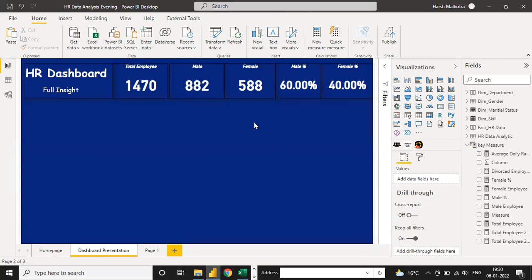Any doubt till now? Okay, so now I'm going to move further. So what is the next step? Guys, after working on Power BI, if you're making your main insight a clear picture, after this you have to save your file every time. Otherwise data will be lost if you cancel your file working. So that's why after a little working, you can just save your file.